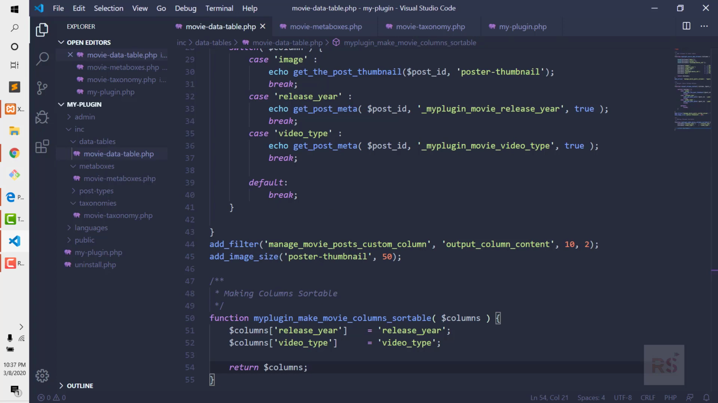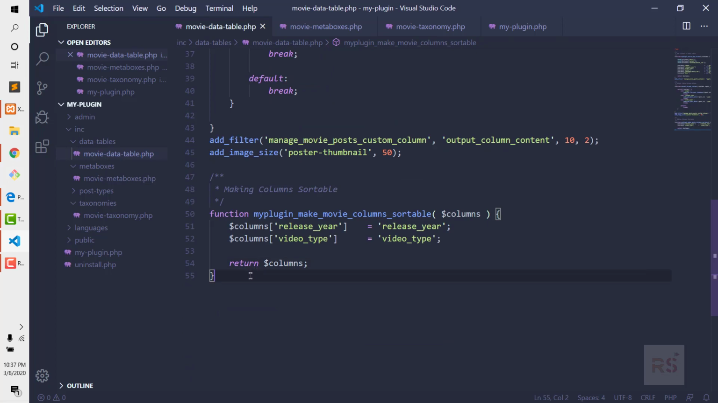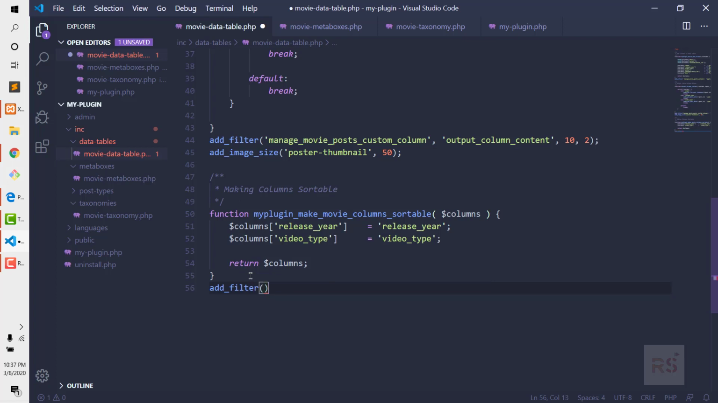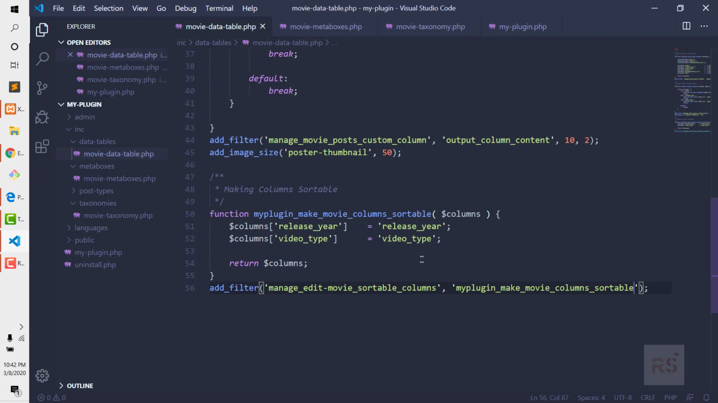And then we need to add this function with a filter. So let's add that filter, and the filter name is manage edit, then post type, then sortable columns. So here we need to change this portion with our post type name. In this case it's movie, and then we need to pass our function name here. All right,